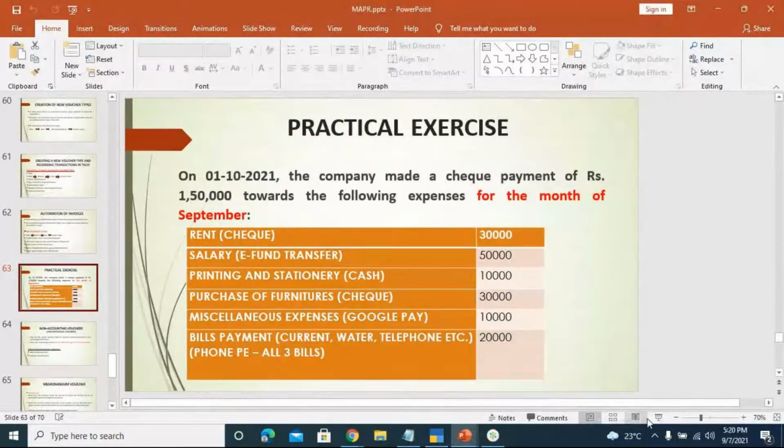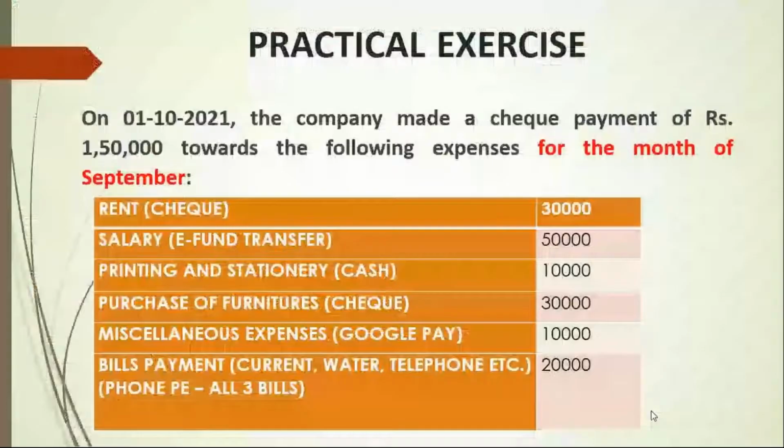Now, if you observe here, for the bills I've given as current, water, and telephone, all put together it is 20,000. There, at the bottom I've given phone pay. All three bills are being paid by phone pay. Okay. Now, here for bills payment, since I've given current, water, and telephone, what feature can we add here